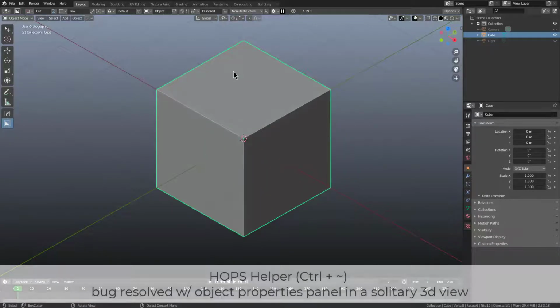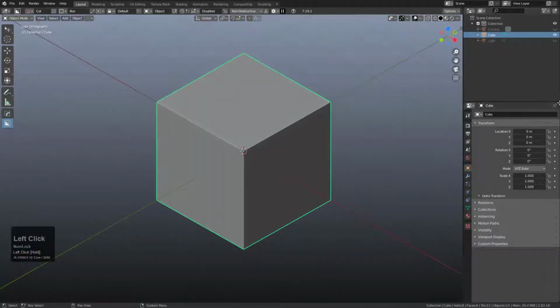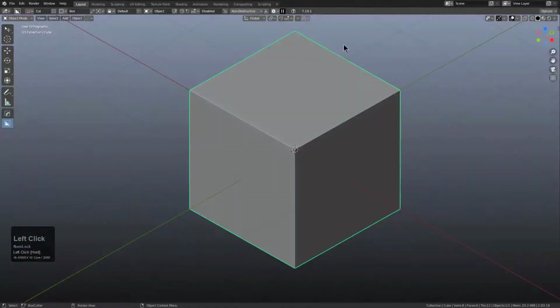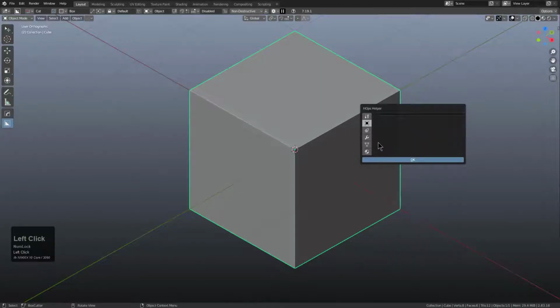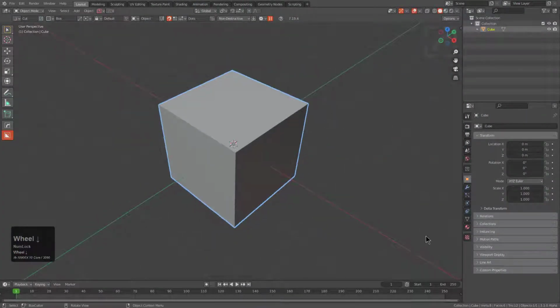So here I am in an older version of Blender with the older version of HardOps and Boxcutter. If we bring up the timeline and get rid of it, bring up the outliner and get rid of that, we have only the 3D view. If we press Ctrl tilde, we see that there's an issue with our object properties whenever 3D view is the only view available. This was reported by a user and is now something I'm happy to